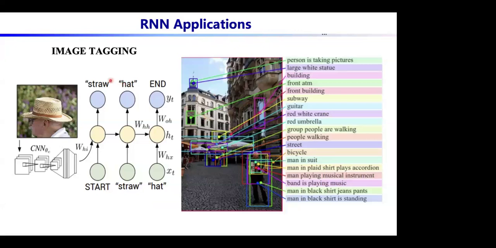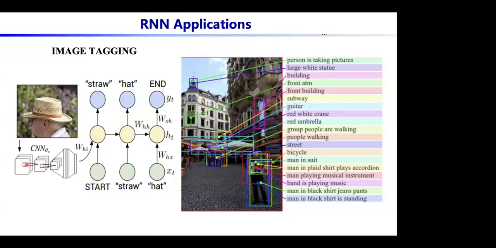And another is image tagging. For image tagging, it first identifies the objects within the image, and then it tags them with these kinds of operations, because tagging requires essentially a conversion of the object, the pixel features, into word features. So it still requires these kinds of RNN operations.